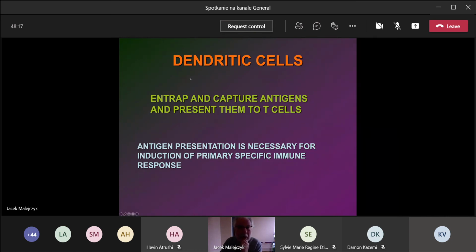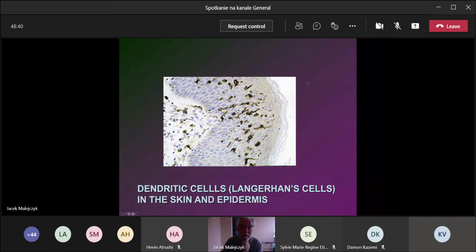What is the role of the dendritic cells? The dendritic cells do not have the capacity to engulf, to phagocytize big particles, but they easily take up small ones, they capture them and entrap them. And later on, they participate in the process which we call antigen processing and presentation. And this antigen presentation is a phenomenon which is absolutely necessary for induction of a primary specific immune response. The most famous, let's say, dendritic cells are Langerhans cells that may be found in the skin and in